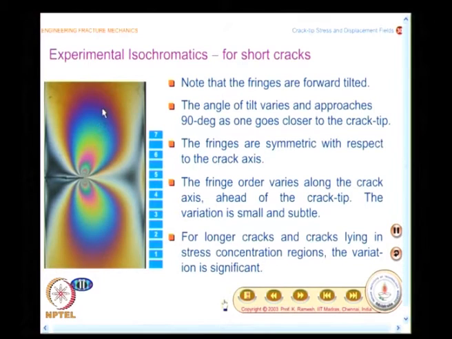I can find out the maximum point of this, and this angle, the angle of tilt varies and approaches 90 degrees as one goes closer to the crack tip. That means, the fringes tilt like this,